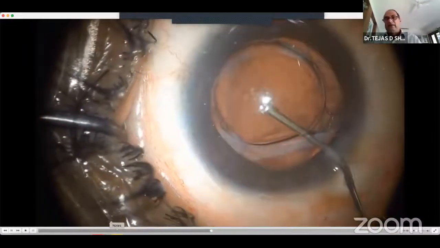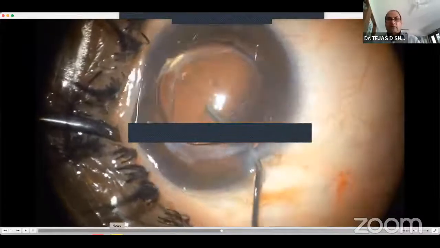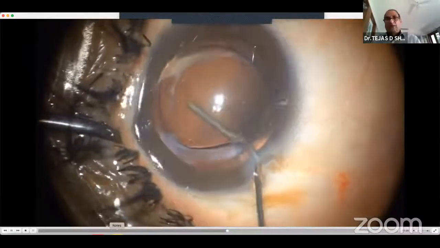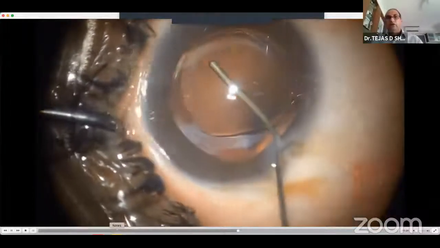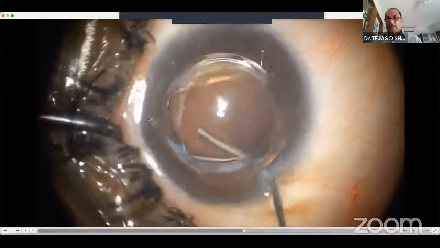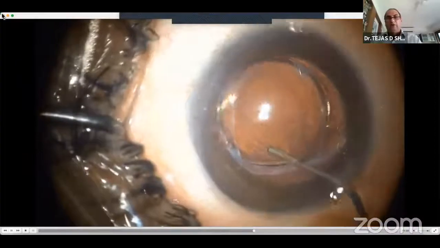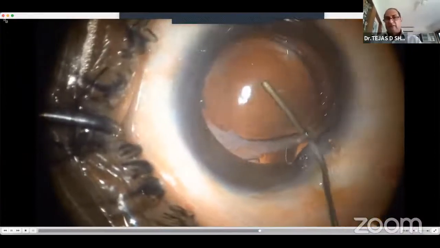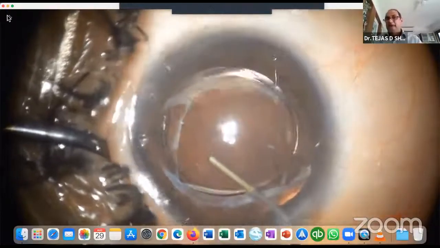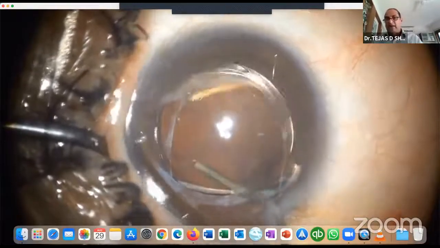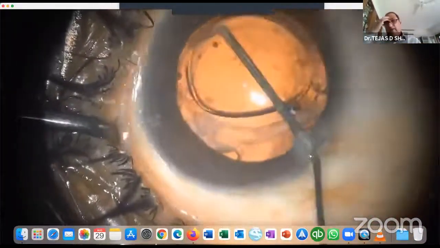I've completely filled up the chamber with viscoelastic. I even attempted to put a lot of viscoelastic behind the IOL, because it was very easy to open up such bags. This might not be true for modern day IOLs, which are very good and do not cause a PCO. But there are a lot of patients, especially high myopes having an RD in the other eye, and this is just a simple plain 27 gauge cannula on a 2 cc syringe filled up with some BSS, and the entire procedure is being done.